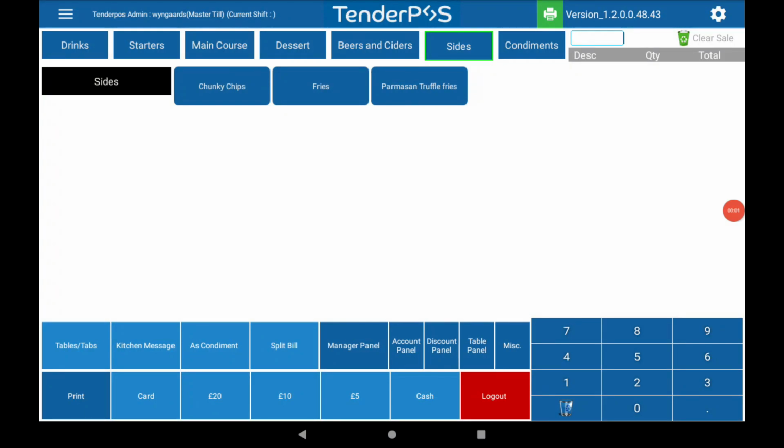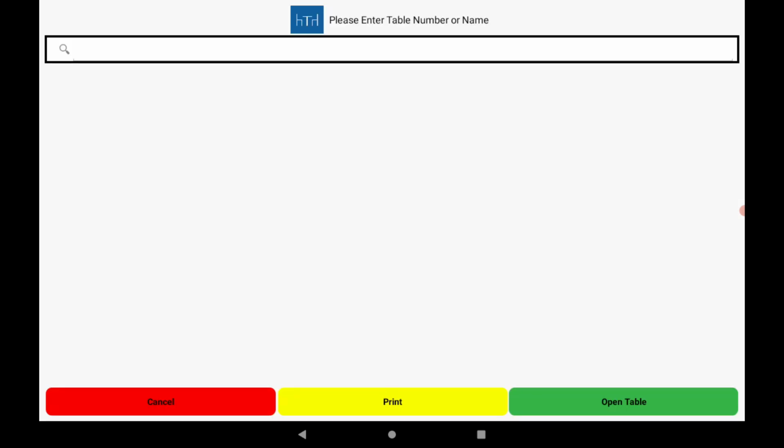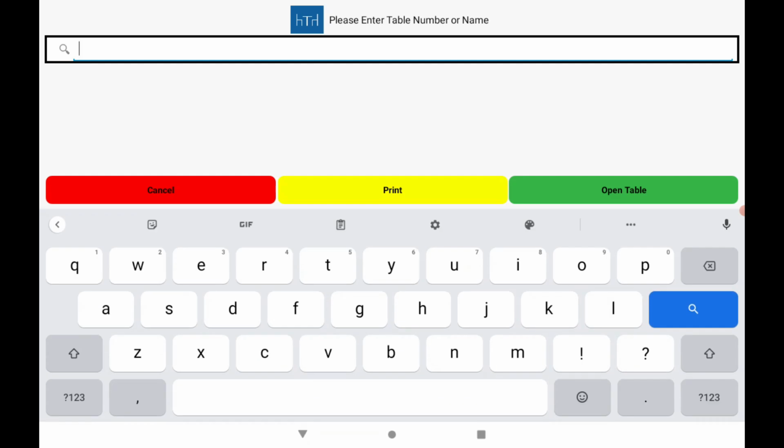Hello and welcome to this TenderPOS tutorial on how to utilize kitchen messages and products attached to other products, as well as changing courses on the TenderPOS till system. So let's first go ahead and set ourselves up a table. Tap on my table button, create a new table, Matthew,